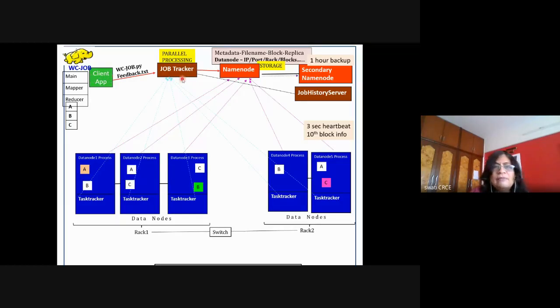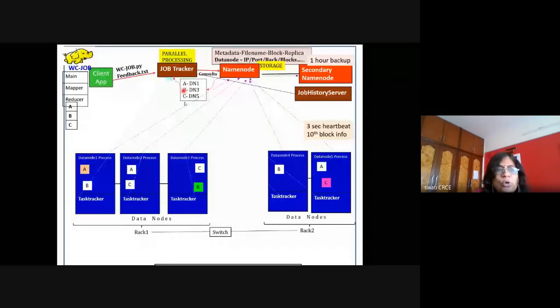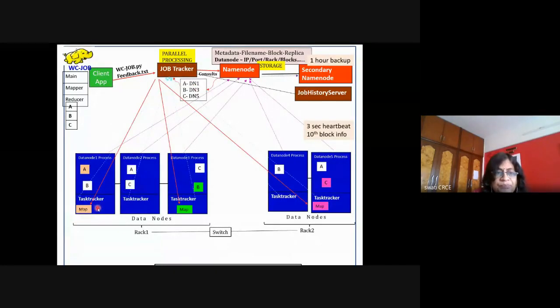The job tracker will consult with the name node about the feedback.txt file, and it will come to know that there are three blocks in this file and they are stored on these particular data nodes or machines. So it will initiate the task tracker on these three machines, DN1, DN3, and DN5. It will give instructions to the task tracker and transfer the computation, meaning it will transfer your map function to that machine,